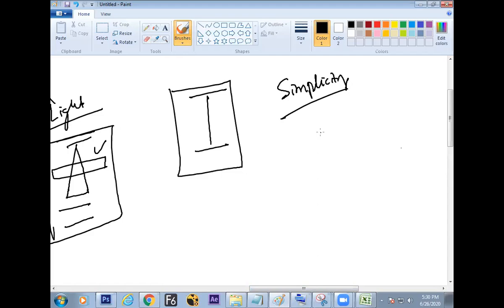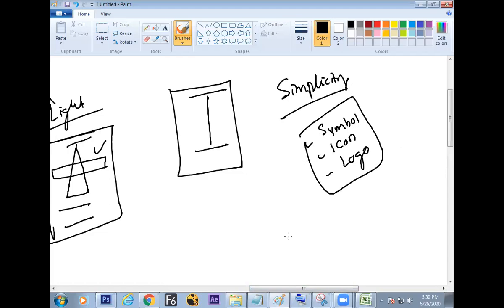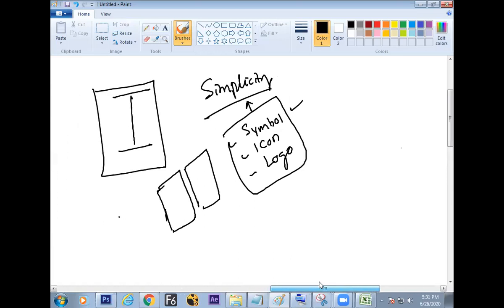That's why you'll find symbols, icons, logos, all these things are examples of simplicity. The faster we know how to convert a concept into a symbol, that much efficiency we have inside the designing world. Mobile design, icons, gaming, website, everywhere you'll be asked to make symbols. And symbols are the biggest example of simplicity. And how it catches the eye, we can take some examples and understand.